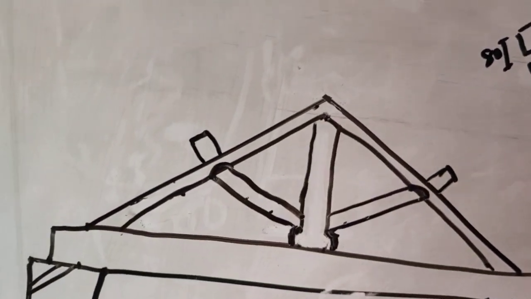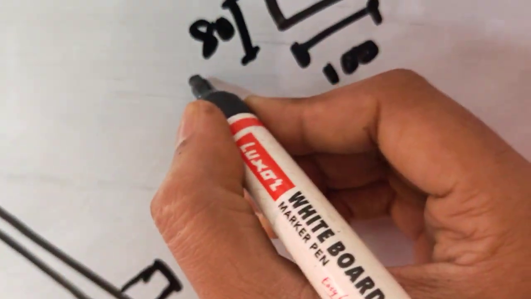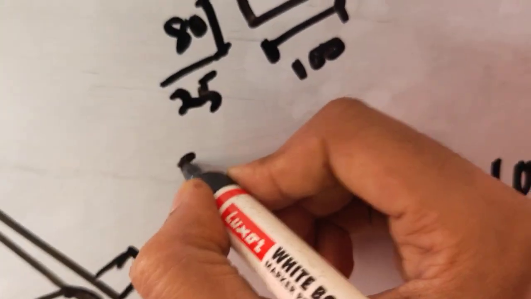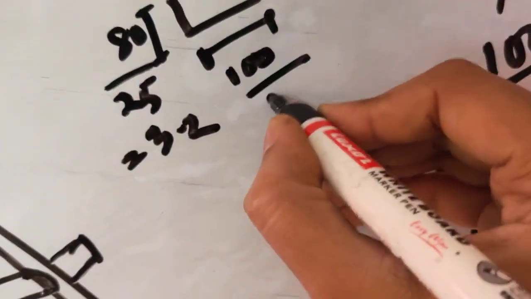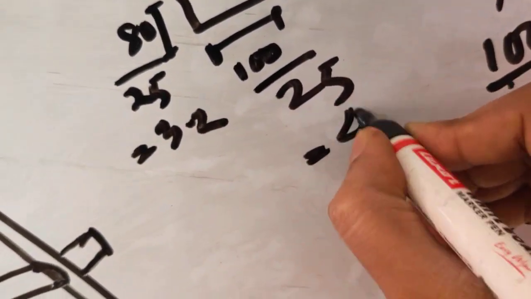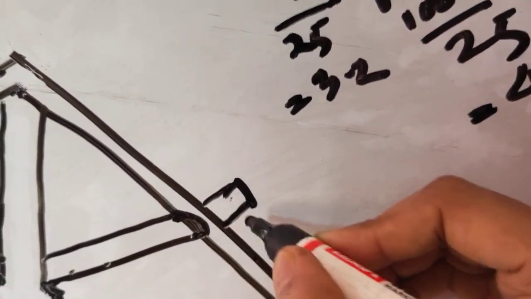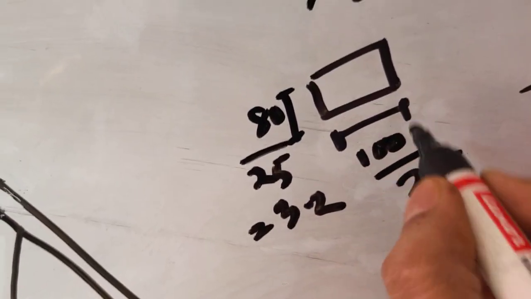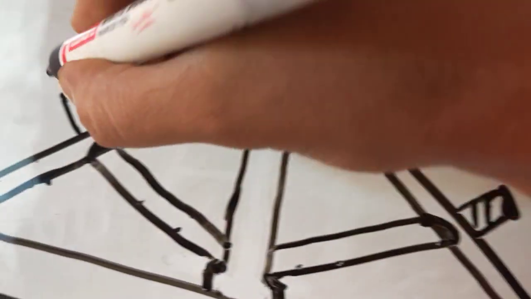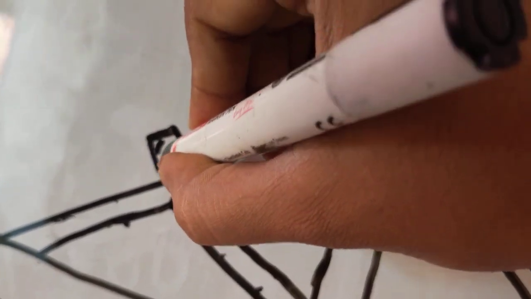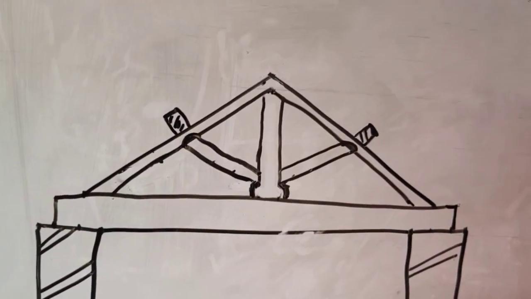So how much 80 means? 80 mm in actual. So in drawing it will be divided by 25. Then it is 3.2 millimeter. That means you will draw this 3.2 millimeter. 100 divided by 25 means 4 millimeter. That means you will draw this 4 millimeter. 3.2 represents 80, 4 represents 100. Okay. So in this way you will draw the purlin. This is the wooden symbol that you need to give. Okay. Now let us draw the common rafter.